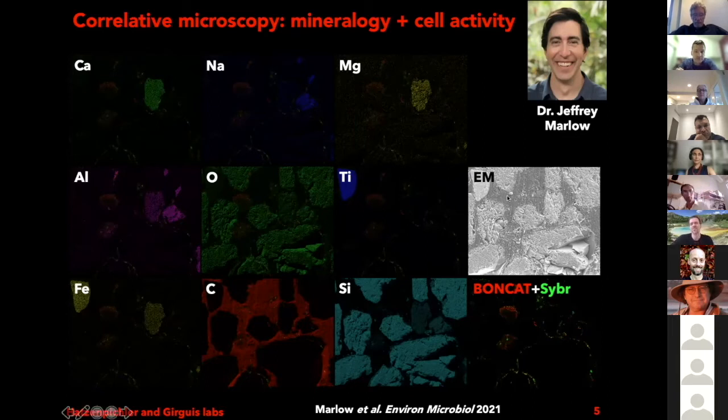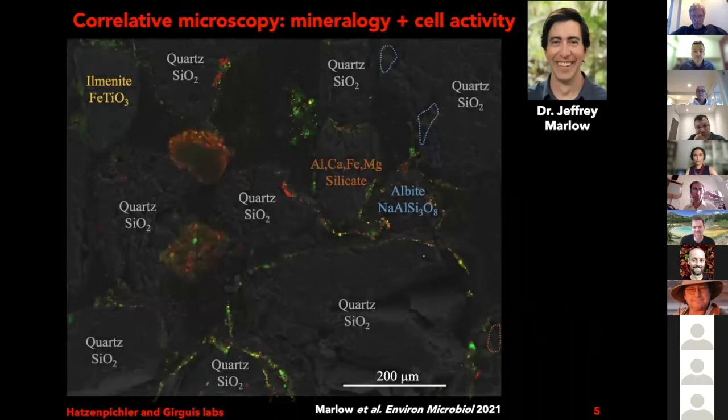So the idea is, here we have a particular field of view that is about 150 by 100 microns, showing how the sample looks in electron microscopy. In red, you see translationally active biomass. In green, you see cells that contain DNA but are not translationally active or have not taken up our amino acid. And here you see the different elemental maps that we got from our EDX analysis, so calcium, sodium, and so on. And we can then overlay all this information into a big piece, a